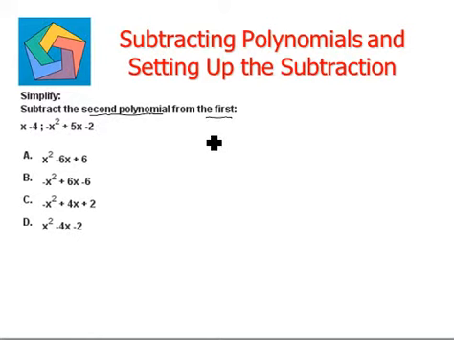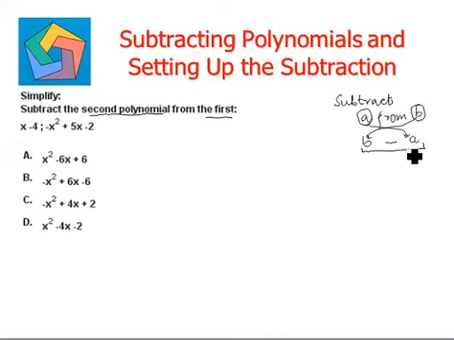Before we go on to solve our question, let's understand how to set up subtraction. For example, I'm given subtract A from B. Now how do we do it? We know that we are subtracting, so we write the subtraction sign in between. Now it says A from B. Whatever quantity appears first is written after the subtraction sign, and whatever quantity appears after the word from would appear before the subtraction sign. Now using this concept, we'll be solving our questions.